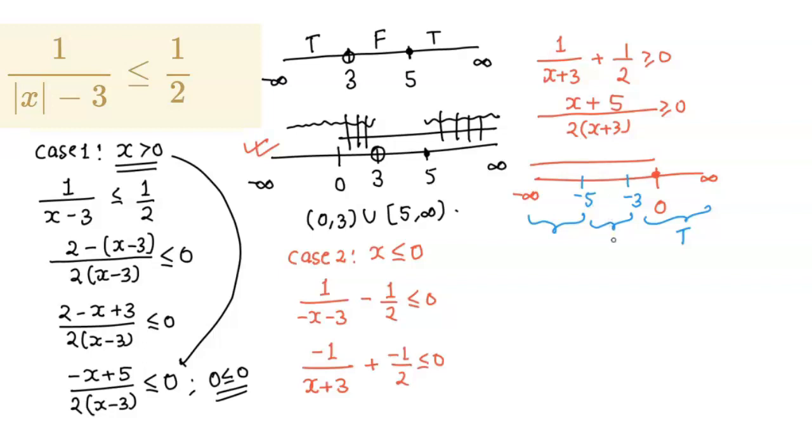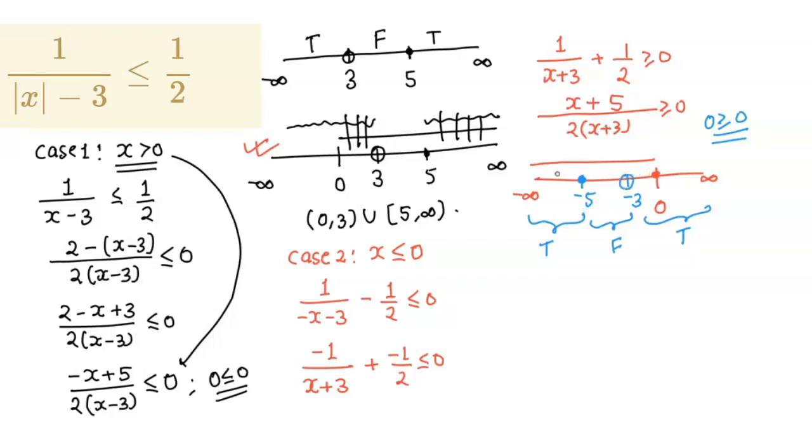And automatically this region will become false, because if you take any number that will not satisfy this sign, this whole term will become negative. And if we take any number less than minus 5, then this will become positive. Now I am going to check the boundary point, that is minus 5. If we take minus 5 in the numerator, minus 5 plus 5 will become 0, and 0 upon this is not 0. Minus 5 plus 3 is minus 2, and minus 2 into 2 is minus 4. So 0 upon minus 4 is 0. So we can include minus 5, as 0 is greater than or equal to 0. This statement is true. So we can include this minus 5. Now at minus 3, the denominator will become 0, so we can't take it.